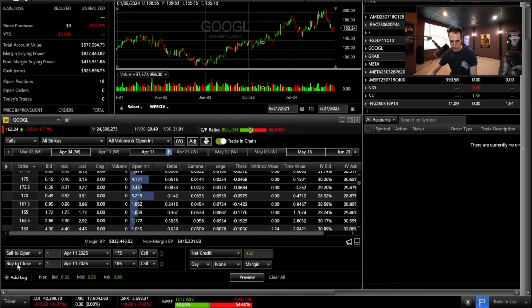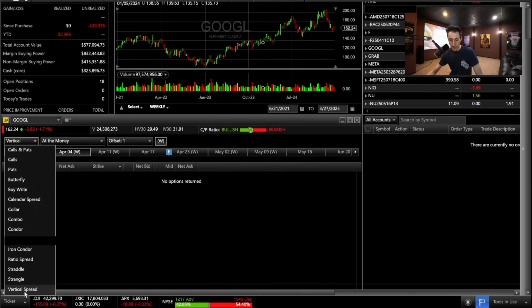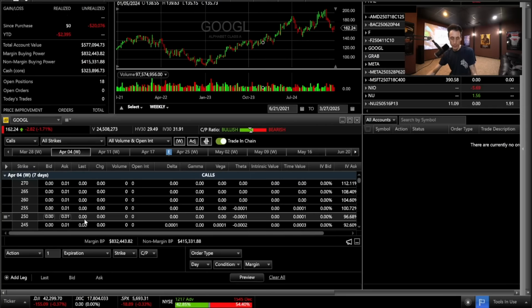So you can see this is what we do. So sell to open, buy to open, $1,000 spread. We probably would get 35 for this. Click on preview, and you can see this is a call credit spread. You can also do this by clicking on vertical spread, but I prefer doing it in the call chain or